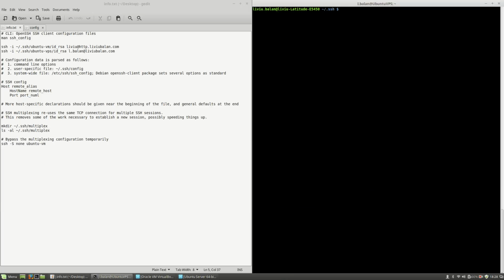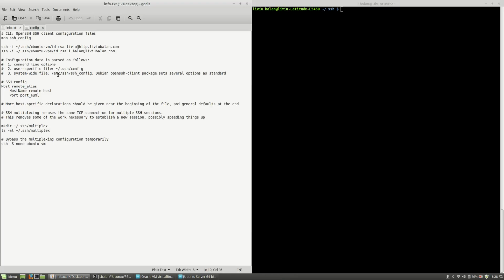Now, what I want to achieve is that when I use the SSH command for one host, I have a default user and a default key, and I don't want to specify the user and the key whenever I log in to a machine. I can do this in two ways. One is to edit the config file located in the .ssh directory from my home directory, and another